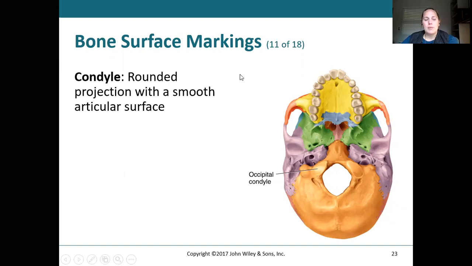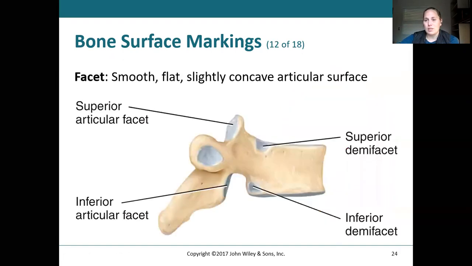Next, the example that we see here is a condyle. It's a rounded smooth projection with articular surface. So here you can see the occipital condyle. Again, this is part of the occipital bone in the skull. So you can also see here this rounded projection of a smooth surface. Again, this is important for how the skull sits onto that